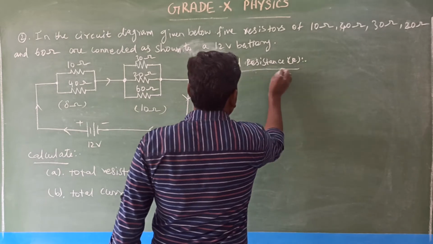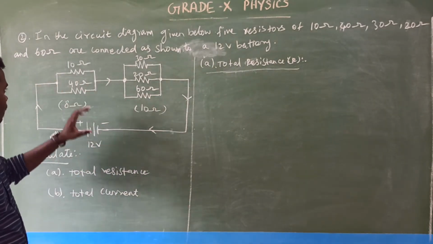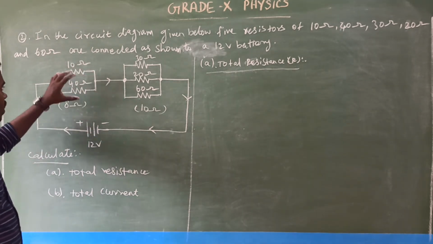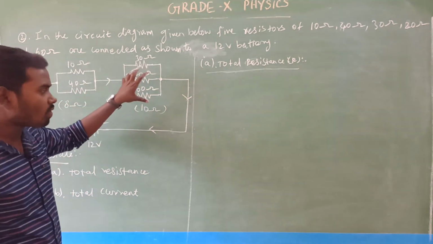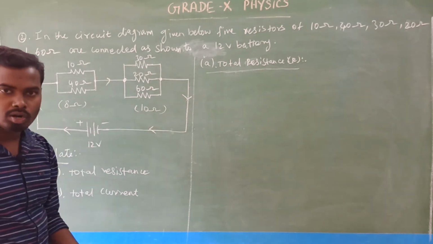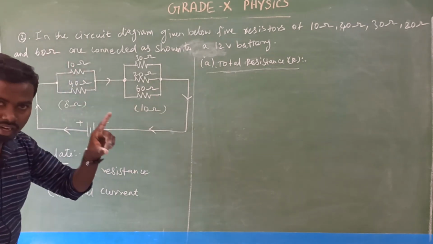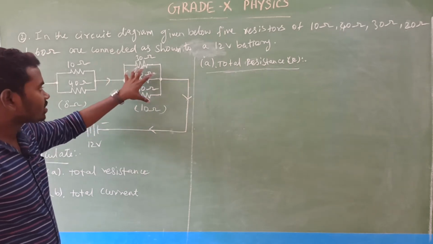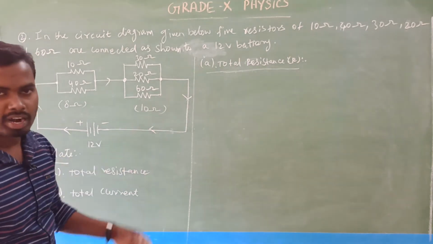Listen here. Now you modify this circuit diagram, because we have found the equivalent resistor for these two combinations. This combination equivalent resistance is 8 ohm and this combination equivalent resistance value is 10 ohm. Isn't it? Yes, you just modify the diagram also, because we have converted this parallel combination into a single resistance value, as well as this combination also. Am I right? Yes, you just modify the diagram.